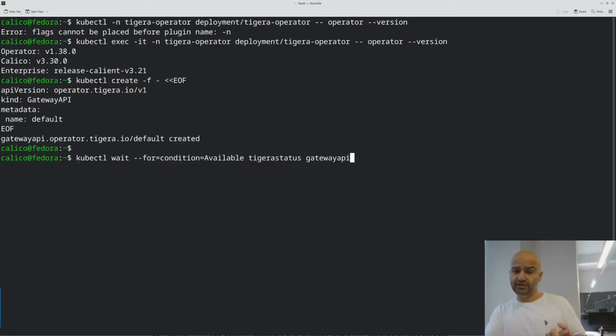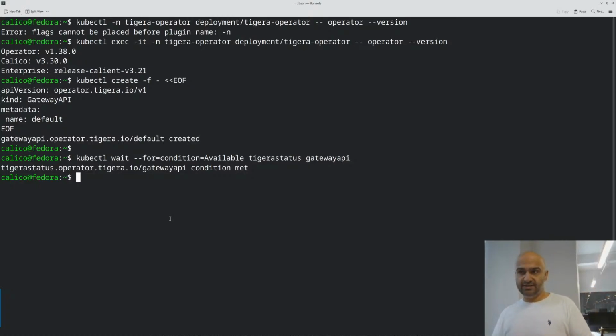Again I'm gonna run the Tigera status command, but instead of just watching it like an insane person, I'll use kubectl wait to say, look for this Gateway API thingy in the Tigera status. If the condition becomes available, let me know. And well, kubectl told me it is now available. So right now, I have all the Gateway API CRDs and those sorts of stuff, which you can actually verify